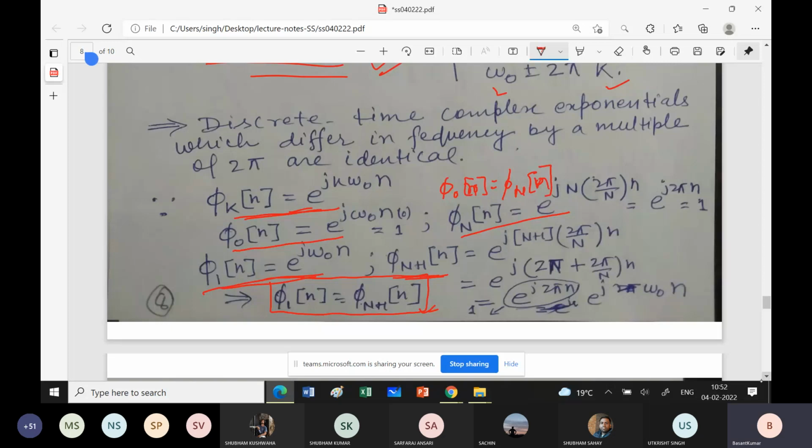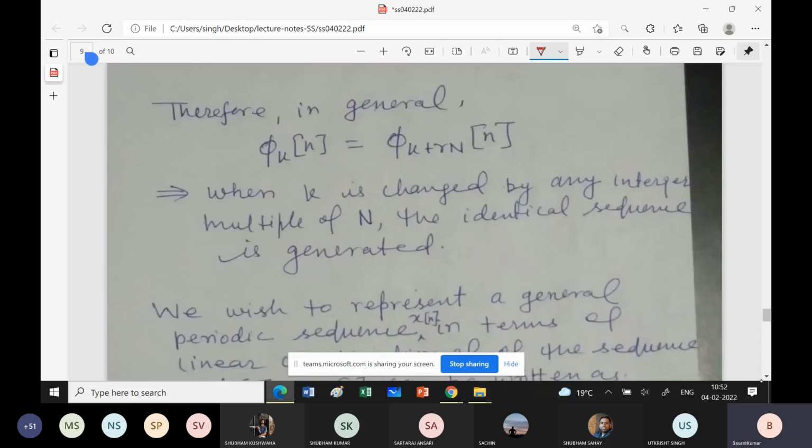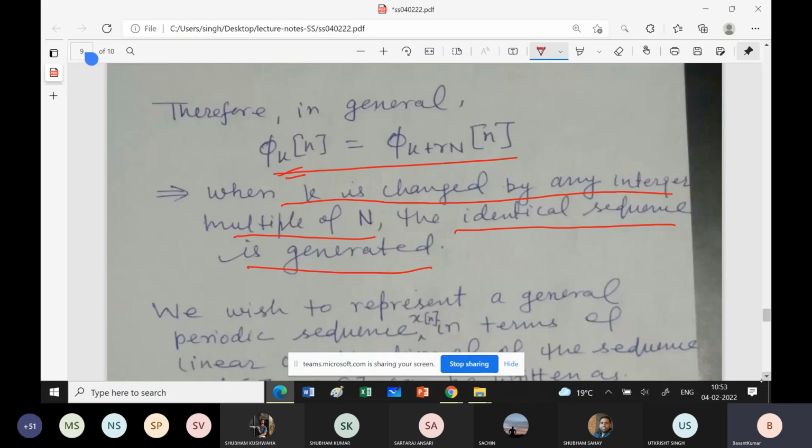इसका मतलब ये हो गया। सो लेट अस कम टू सम जनरलाइज्ड एक्सप्रेशन। इसका मतलब हो गया फाई k विल बी इक्वल टू फाई k प्लस r N, r इज सम इंटीजर। ठीक है ना, मतलब अगर आप 2 पाई का कोई भी मल्टीपल ऐड कर रहे हो, ठीक है, तो जो हार्मोनिक या कॉम्प्लेक्स एक्सपोनेंशियल जनरेट हो रहा है वो फाई k के बराबर ही है। तो इसका मतलब ये हो गया कि when k is changed by any integer multiple of N the identical sequence is generated।